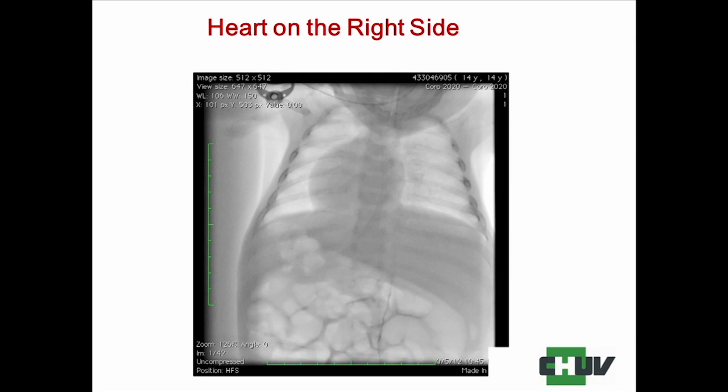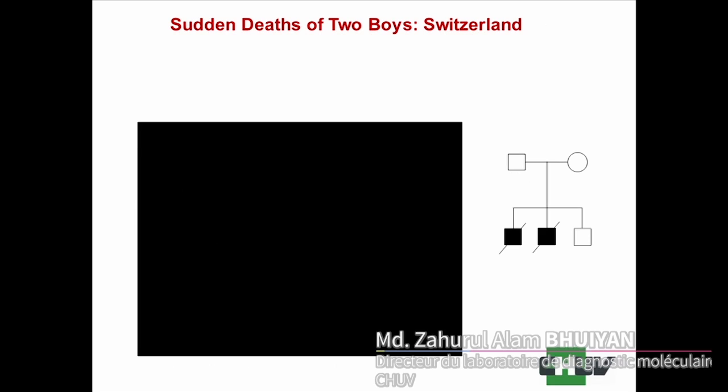And another thing is for interest. You see that in this particular boy, normally our heart is on the left side. In this boy, you can see the heart is on the right side. Okay, so that can happen. And in this type of defect, we found that there is a gene which has a deleted part, and that's why this boy's heart is on the right side.